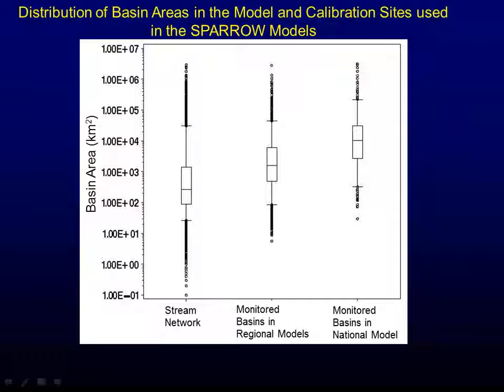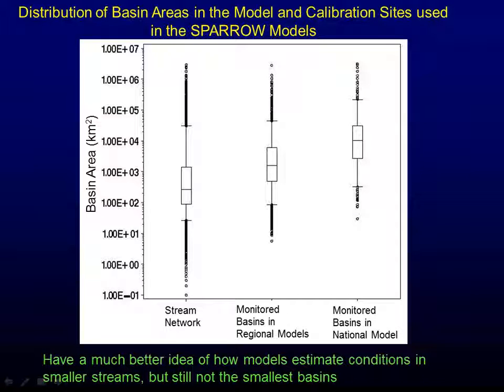With that, look at our sites. Now we're not quite where we'd like to be. We'd like to be even lower, but we're much closer to the areas that we're predicting for. So instead of having 10,000 square kilometers, now we're down under 1,000 square kilometers. So we're getting closer to that scale. So we can not only have a better idea of what we're predicting there, but we can also look at our errors on that scale.